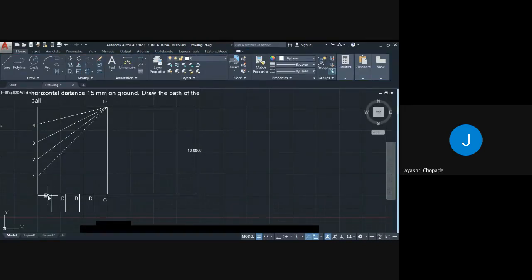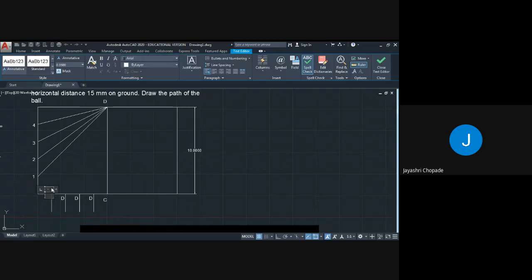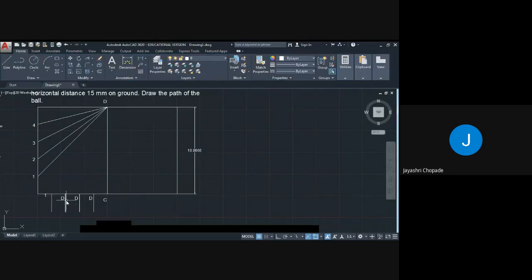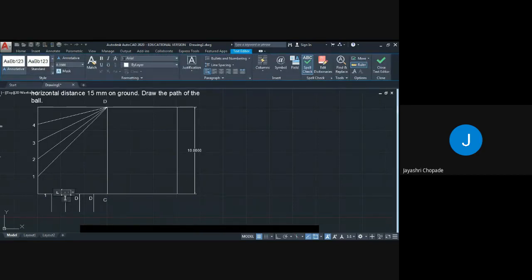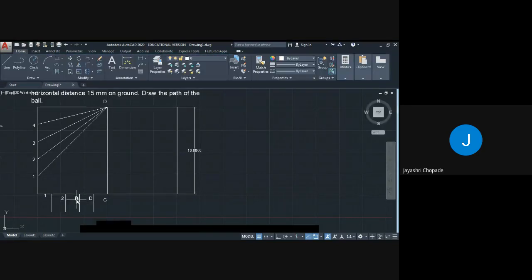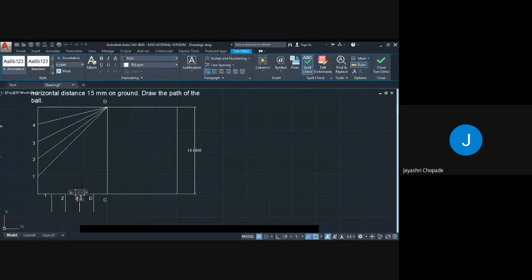Again we will move it. It is not done. So double click. This is first point, second, third, point 3 and point 4.